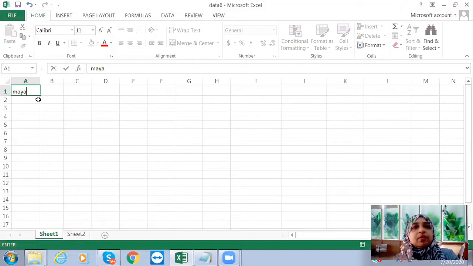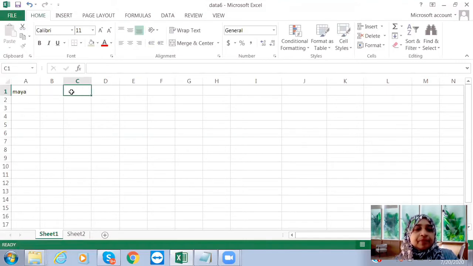So this particular data in this particular record, I want to copy into another cell. So what is a cell? Cell is the intersection of column and the row, right? So this particular data I want to copy into this cell. Okay. So what will I do? I'm going to select the cell which I want to copy. So this is the cell I want to copy, right?